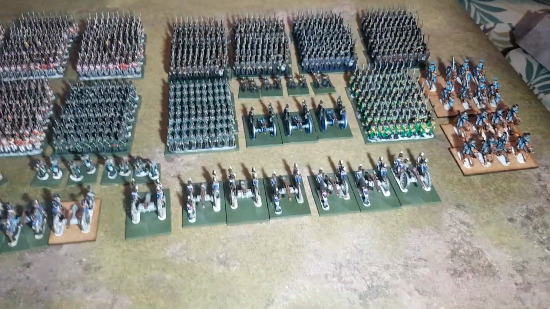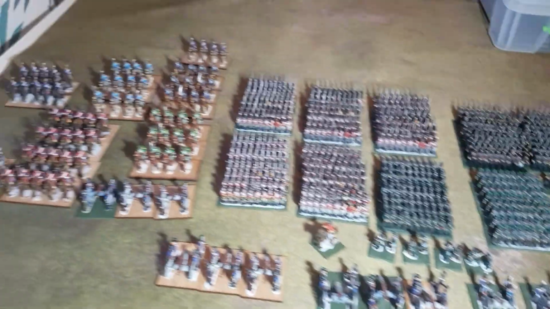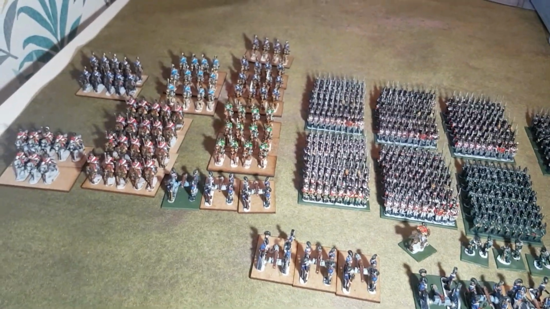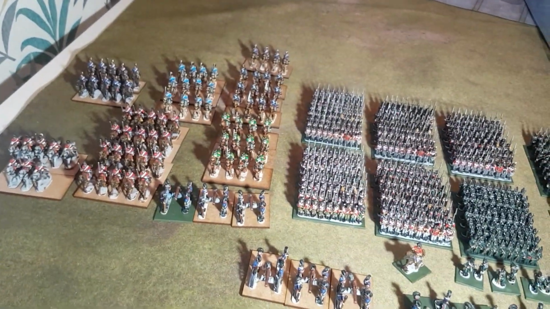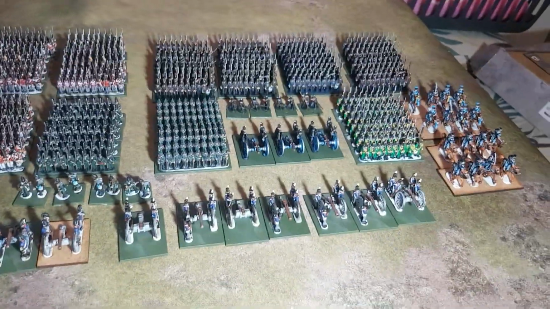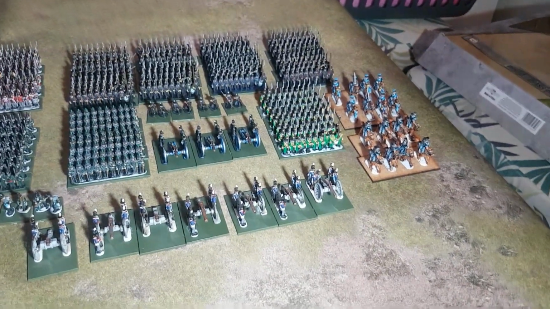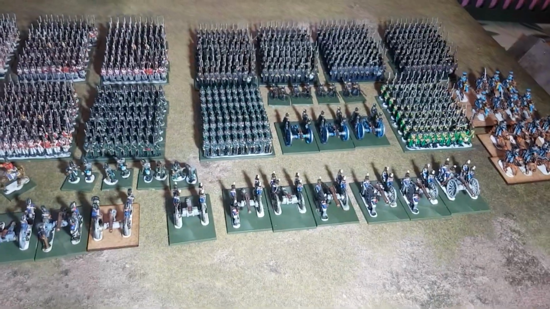In this video I'm going to be showing off my British and Allied Army, where it stands at the moment, talking a bit about the decisions I've made for it, where it is, what it's doing and where it's going. So as you can see, it is British and Allied, so I have quite a large Brunswick contingent. I'll do a video on that separately. Artillery lined up in the front,